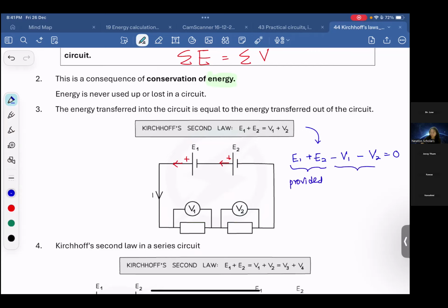So here, V minus is actually the voltage drop across the component, due to the component. Okay. So energy into the circuit equals energy out of the circuit. Okay, so at here,